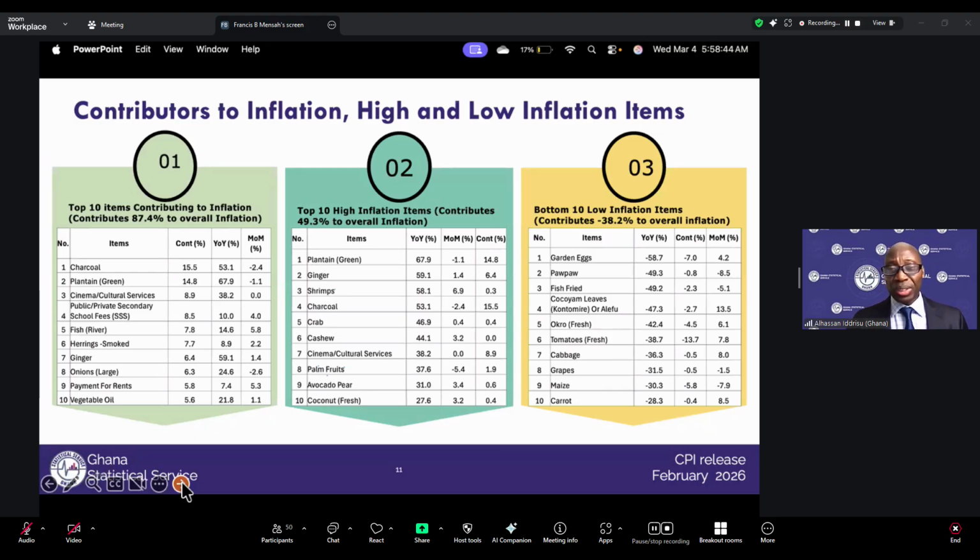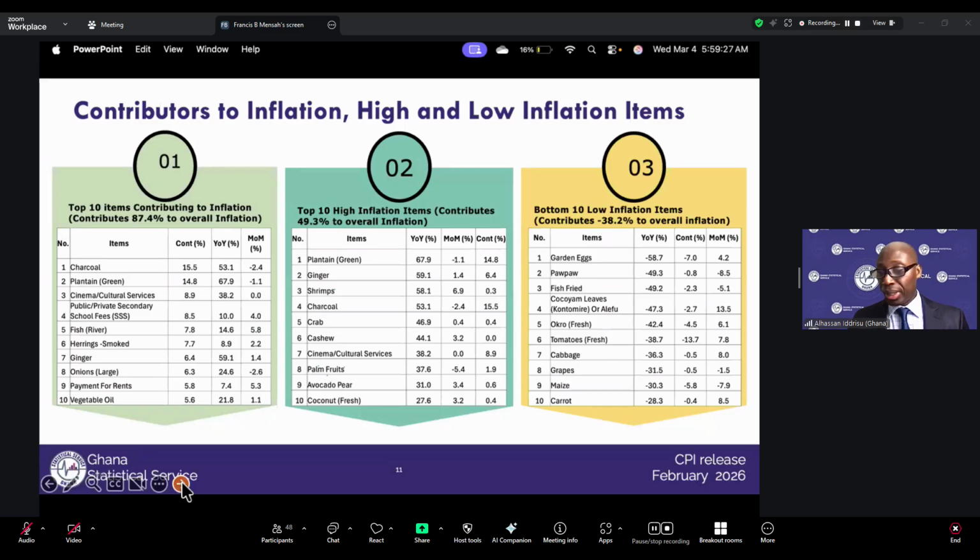Because once you have sustained deflation, what it will mean is that one part of the economic actors, which are the producers and the suppliers, will be shortchanged. They may go out of business, they will not make profit, and when you have deflation for a very long period of time, you would have consumers thinking that there's going to be further deflation. So they would hold on purchases. And if you're not careful, that would disrupt the whole process. So you need some optimal level of inflation that is consistent with the macroeconomic objectives of the country.